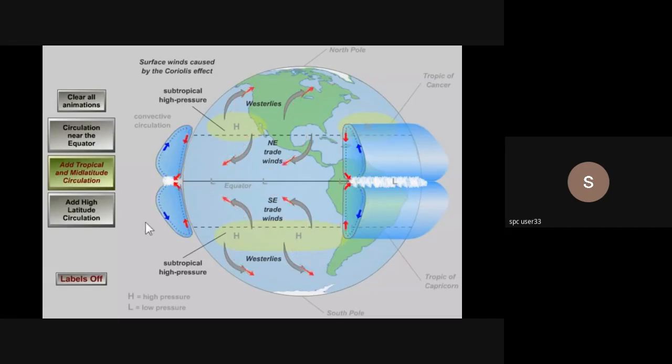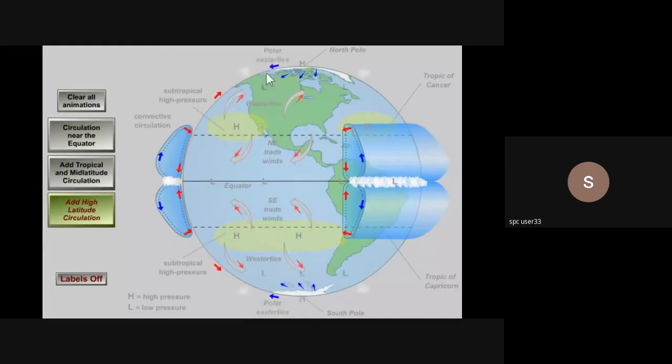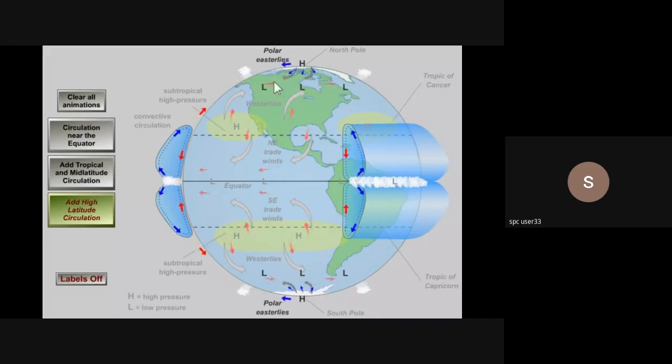Now the other big factor is what's happening at the poles. At the poles, the air is cold, and the cold air wants to sink. And as that cold polar air sinks, it heads toward the equator and it bumps into this air heading toward the pole here and toward the South Pole here. And it creates an area of rising air, and again, rising air produces high precipitation belts at about 60 degrees north and about 60 degrees south latitude. At the poles themselves, the precipitation is quite modest because the air is sinking, and that creates low precipitation.